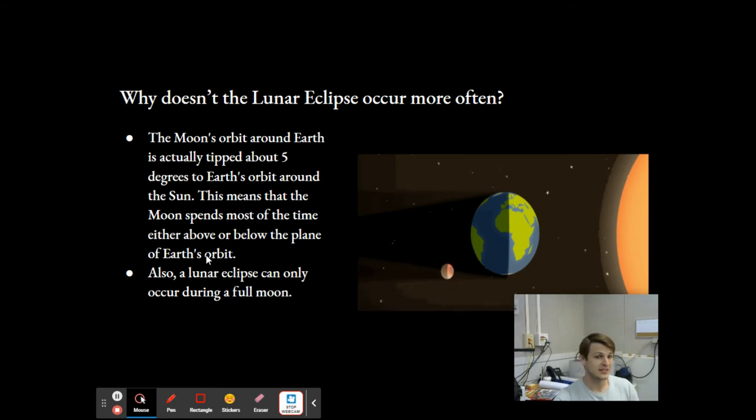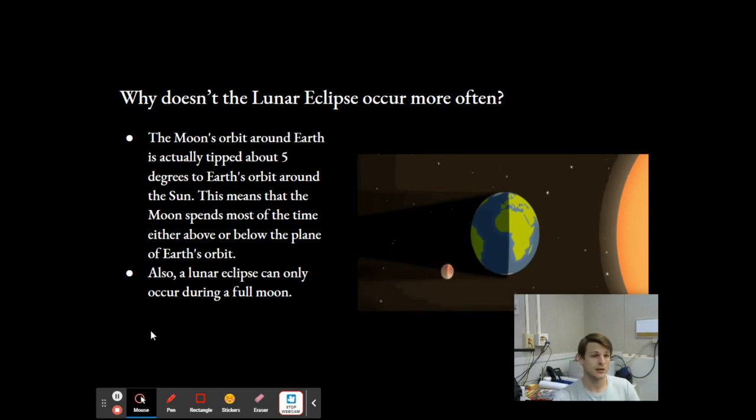However, we do get these other events, different types of lunar eclipses, because sometimes the angles just line up at the right space, and that 5-degree angle to Earth's orbit isn't exactly existing up within the moment. But most of the time, the moon spends its time either above or below the Earth's orbital plane around the